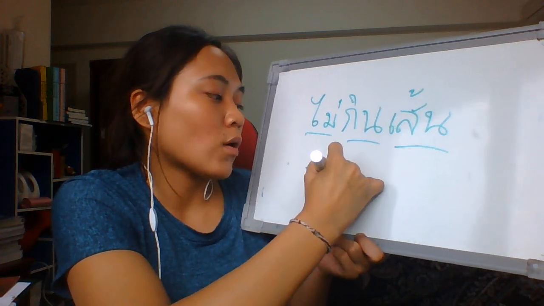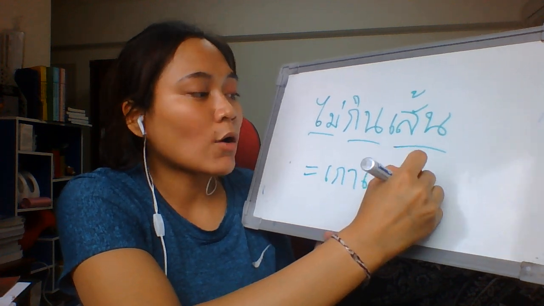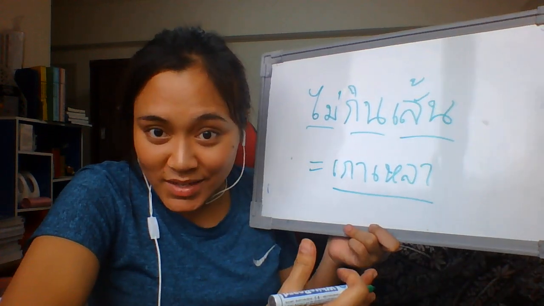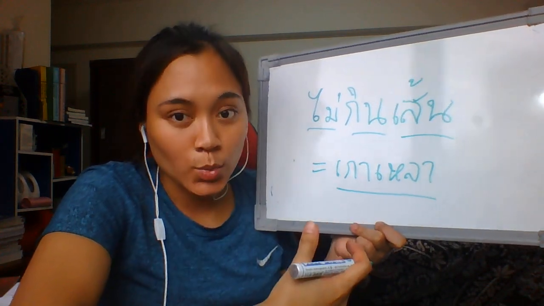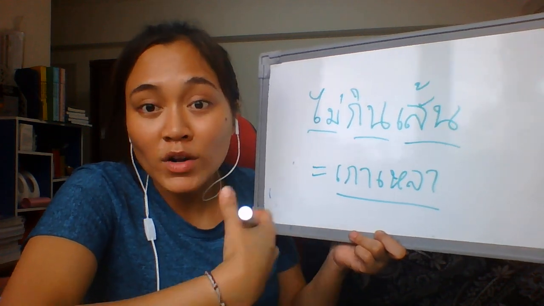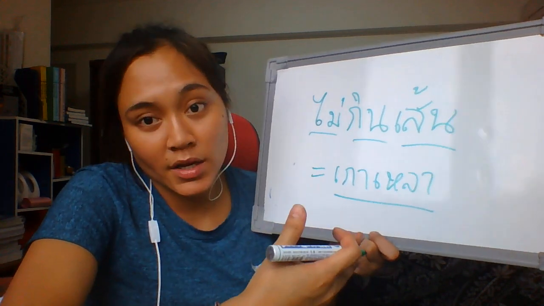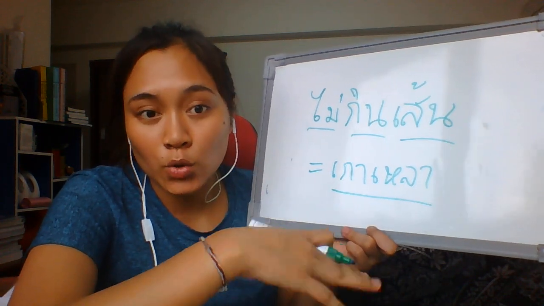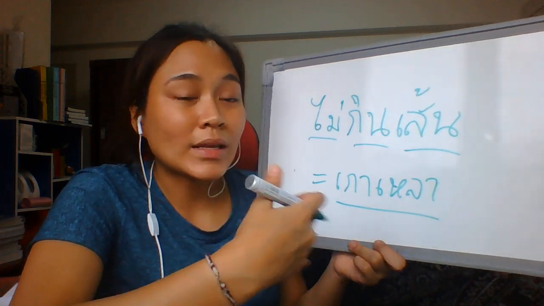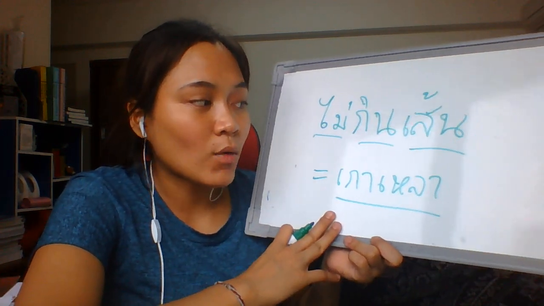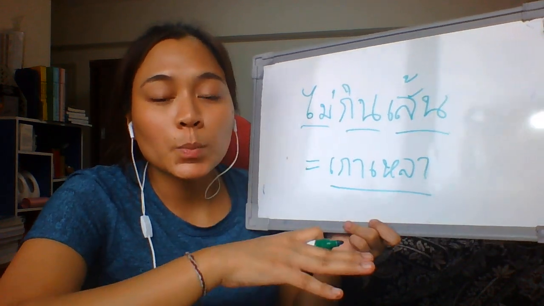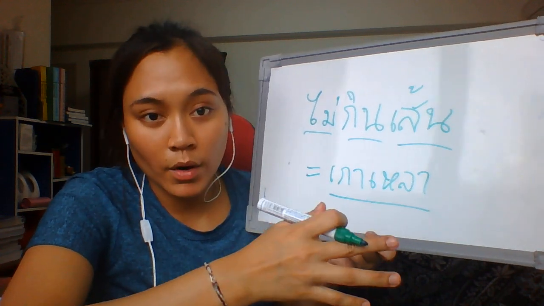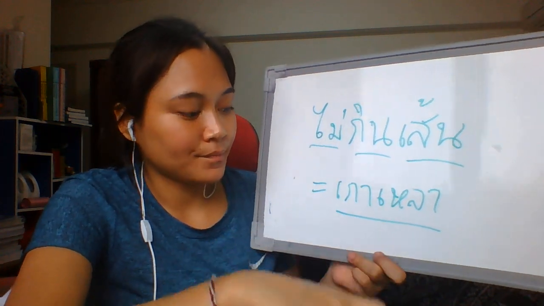And we have a slang, we call เกาเหลา. เกาเหลา is actually one type of noodles in Thailand. เกาเหลา means a noodle dish without the noodles itself. It's only the soup, the vegetables and the meat. So it's normally for women who are on a diet and don't want to take carbohydrates, so no-carb food. They'll go and eat เกาเหลา instead because the calorie is very low. You only eat vegetables and meat, but you don't eat the noodles. We call it กินเกาเหลา. So when someone says that these two people กินเกาเหลา or ไม่กินเส้น, it means these two people have some kind of problem and don't get along very well.